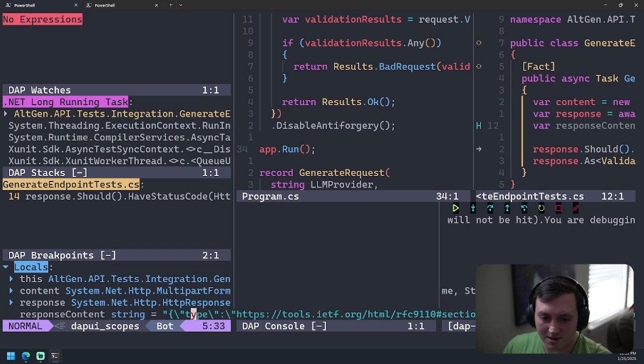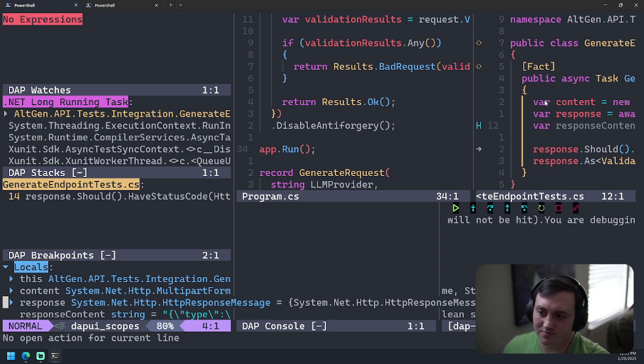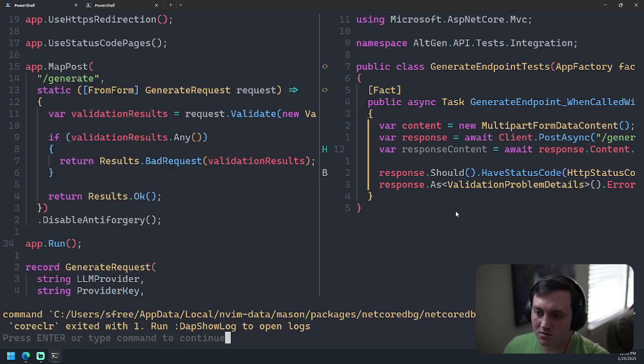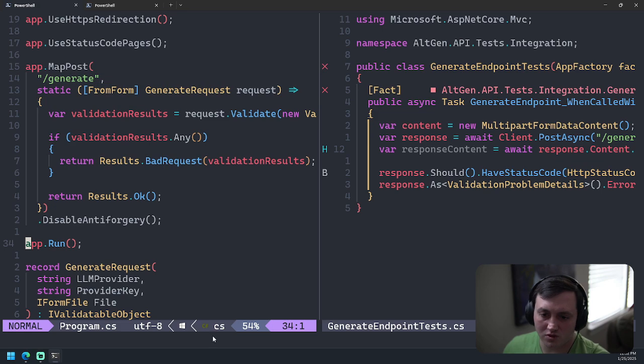Yeah, I want to be able to see this whole string. I don't know how to do that. I almost want this to hover in a window or something. Well, that's not this.